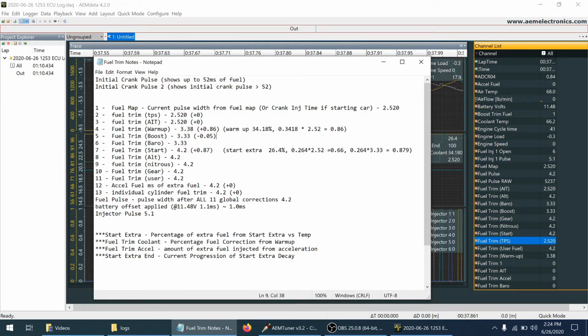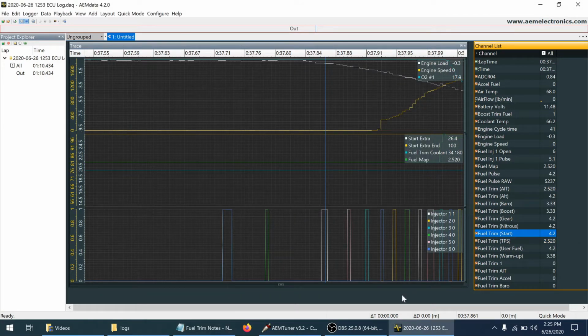And then the fuel trim boost is the next kind of fuel trim in the equation, and that's at 3.33. So that actually caused it to decrease by 0.05 milliseconds. Then we go to the baro. That did nothing. That was zeroed out in the fuel trim table, so our pulse width is still 3.33 milliseconds. Then we go to the start fuel trim. And the start fuel trim, it went from 3.33 to 4.2, and that's a difference of